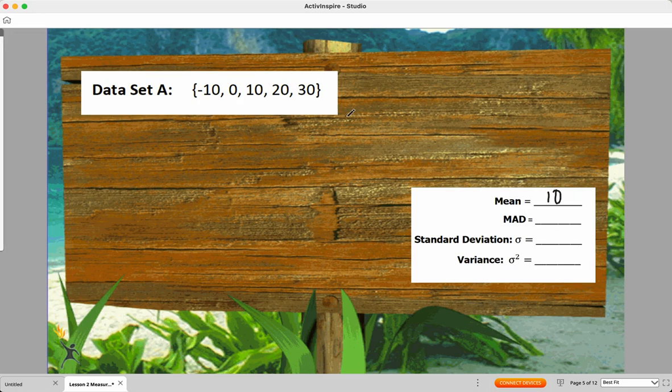So I didn't have to do any math. I wasn't really doing anything. I just went ahead and checked it out. My mean value data point is 10. That's my middle number. All right, so for mean absolute deviation, I'm looking at how far each data point is from